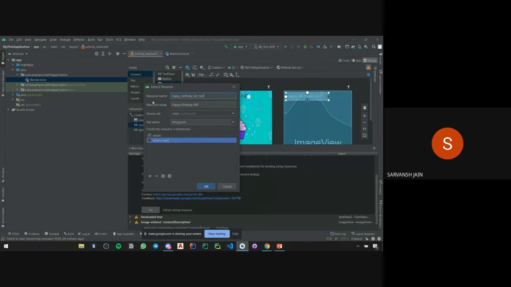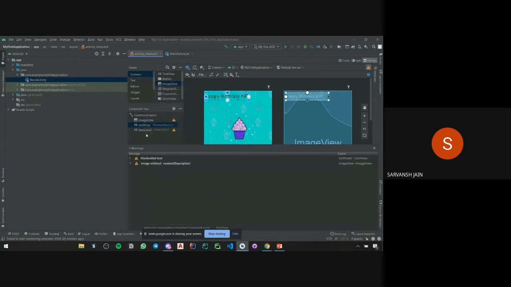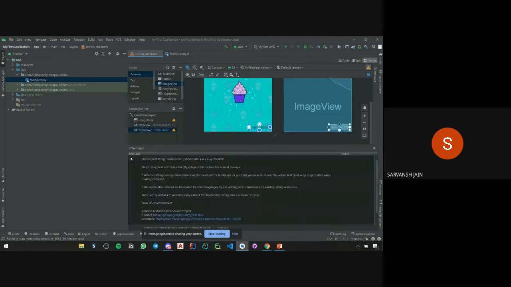So this is the resource name which I've given. Resource value is the text I am fixing, and then I'll just click OK, and one of my warnings has gone. So I'll do the same for another warning.